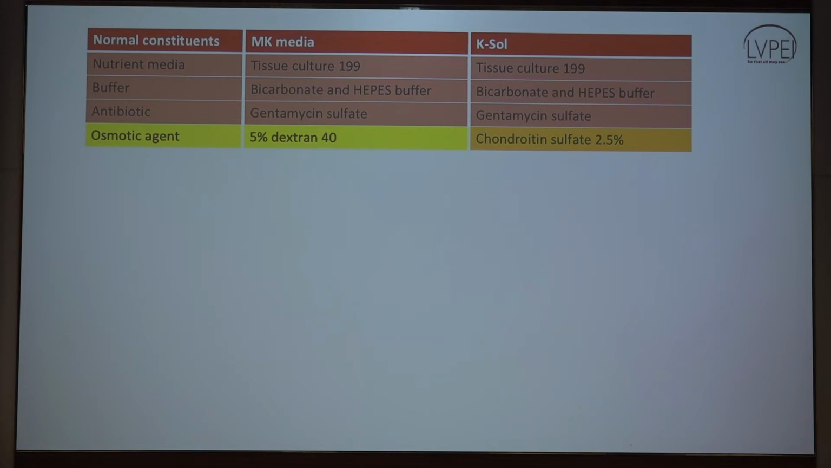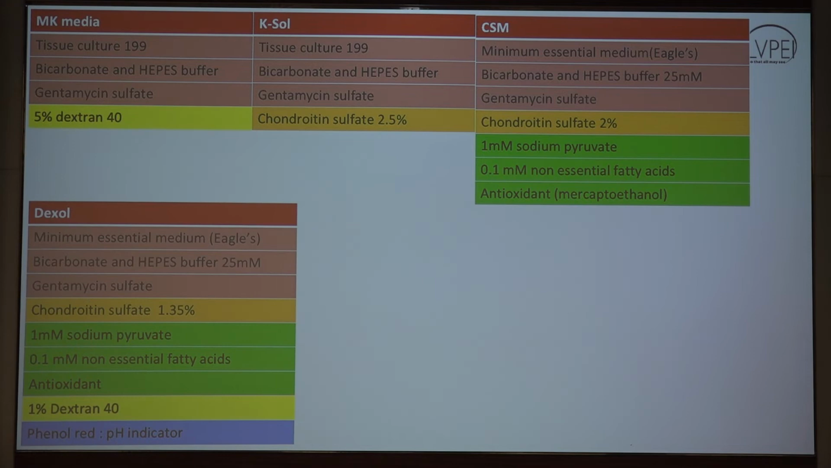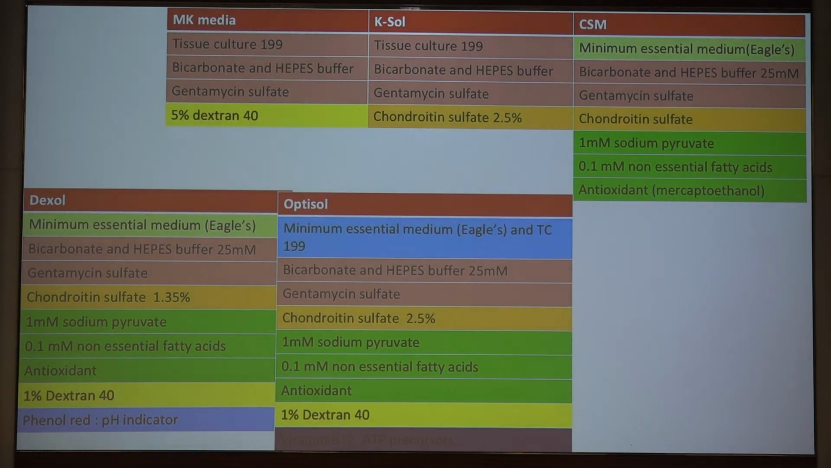These are the K-Sol, where the dextran was replaced with 2.5% chondroitin sulfate, and then when the Cornea Storage Medium came, in addition to 2% chondroitin sulfate, we also had sodium pyruvate, non-essential fatty acids, and some antioxidants. So this helped to reduce the oxidative lysis in the postmortem tissues. And then was the Dexol, where a phenol red indicator was also added, and then in Optisol, which is what we know now,